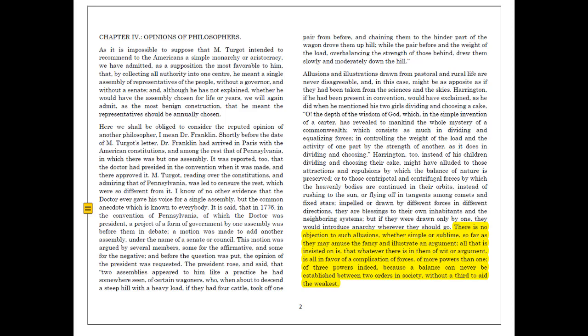So notice that Turgot, who supposedly is making this attack, is advocating for the most egalitarian or democratic model, right? Turgot, as Adams constructs him here, is advocating that those Americans should put all authority into one center. They should have a single assembly with all power. If Adams is defending against the supposed attack, then that puts Adams in the position of advocating for a less democratic model, right? That's the point for you to understand about the context here.